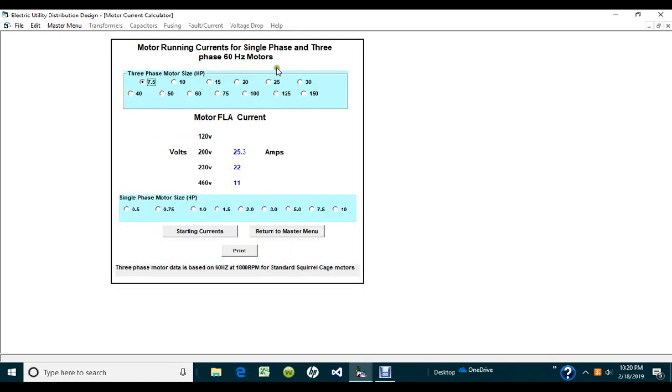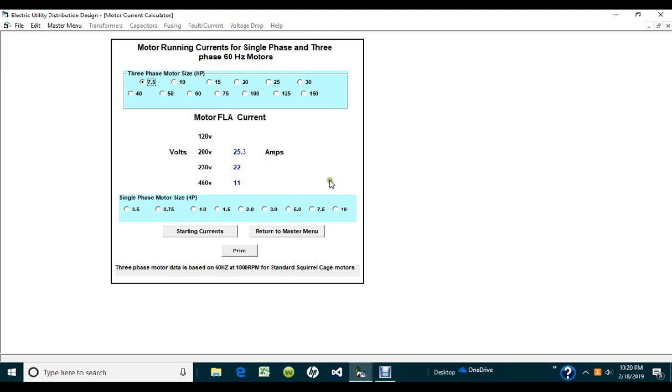Okay, this is a motor current table that I've thrown in, that people can use to quickly come up with amperage running current for a particular size motor. You notice 7.5 horsepower here at 200 volts is 25 amps, at 230 volts is 22 amps. So you can see as the voltage goes up, the amperage goes down. So at 240 volts, it's going to be a little less than 22 amps. But for this particular example, I'm just going to use the 22 as if it's 240 volts being served to